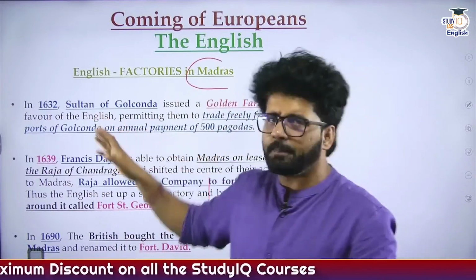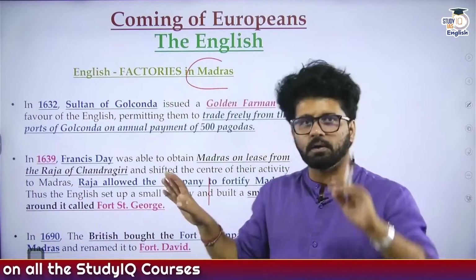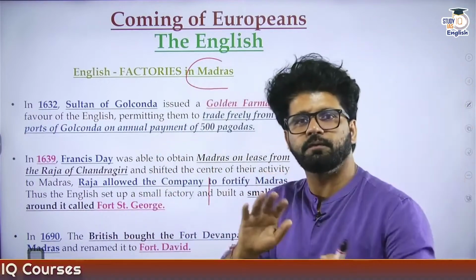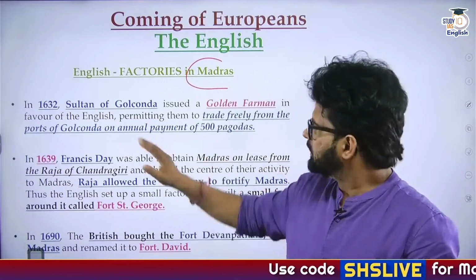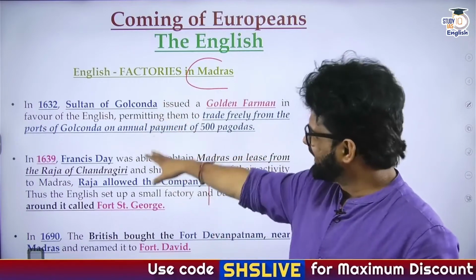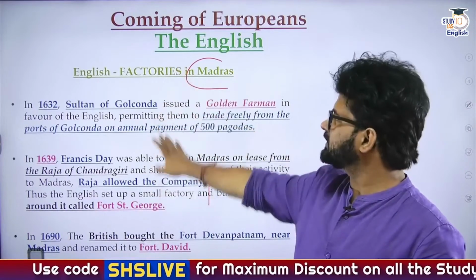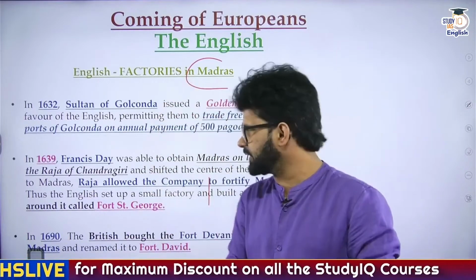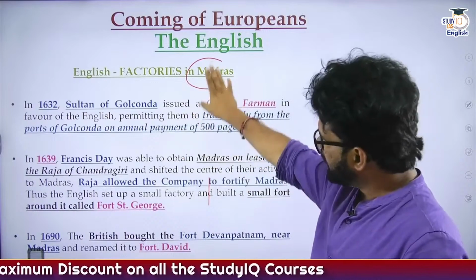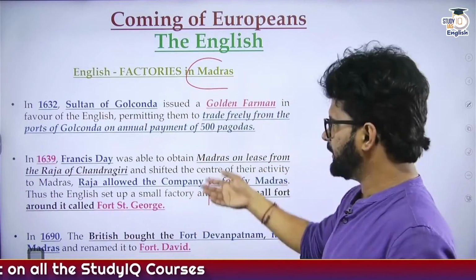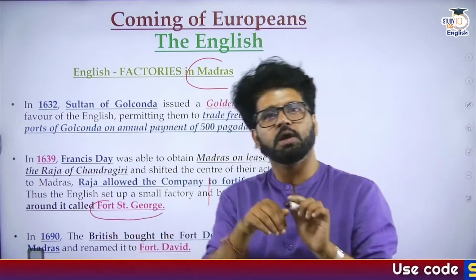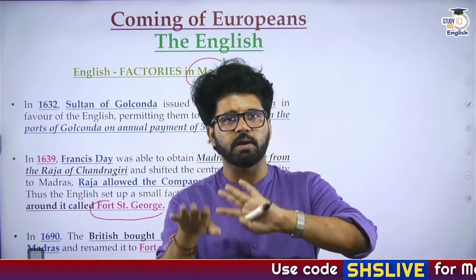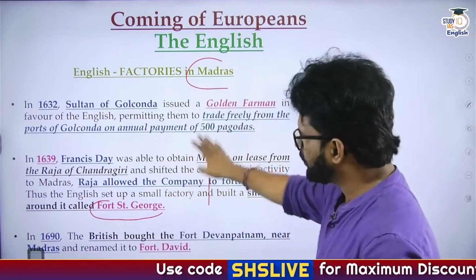1632, this is again a period when Shah Jahan is ruling, one of the six powerful rulers of the Mughals. So they are focusing on the southern region where the influence is comparatively lesser. So just remember, you can have a look at the chronology. This we will talk about later on also. What is important is this Madras factory, this is known as Fort St. George. The Calcutta factory will be known as Fort St. William. This point you have to keep in mind. The chronology will keep on coming.